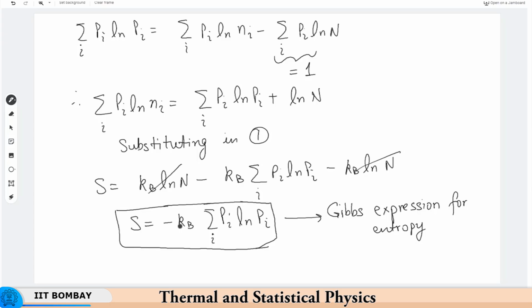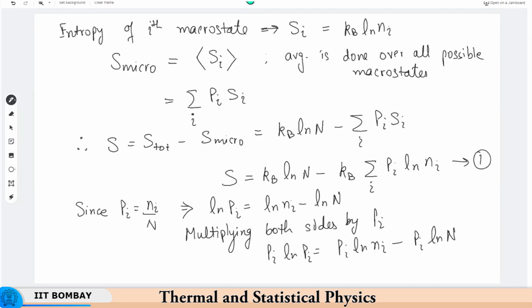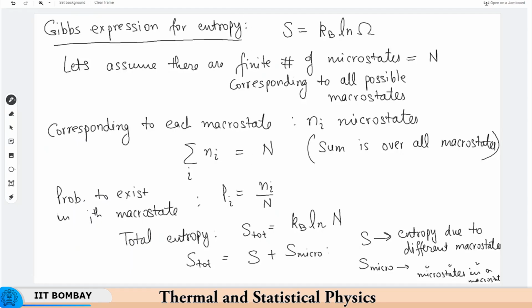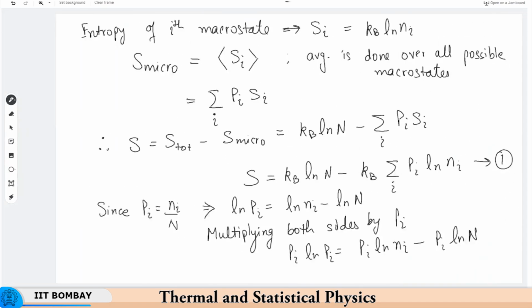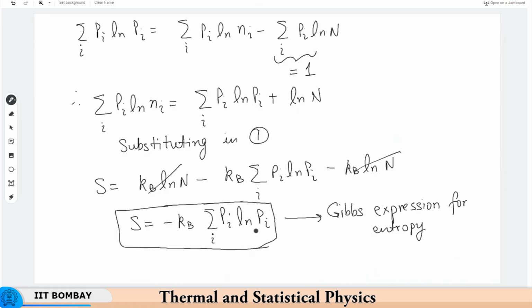And going by that logic, we derived two important equations. One was the Boltzmann equation, which expresses entropy in terms of the total number of microstates that are present in the system, and another way of defining the same quantity, in terms of the probability to stay in a particular macrostate. So we derived these two quantities. Towards the end, we can just say a few things, some important concepts about entropy.